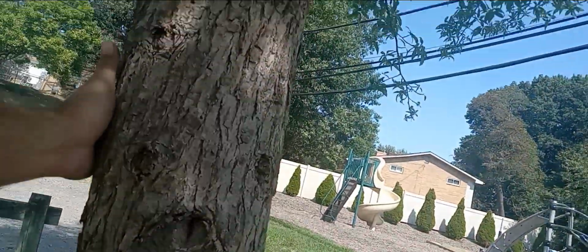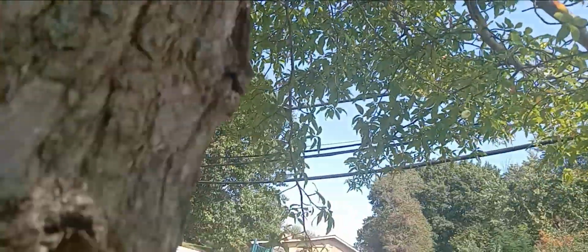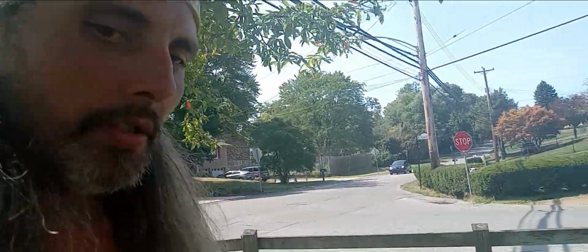Like one of the only trees. This is a brand new tree. Yeah, there's some here. There's some here. And it's almost the same exact color that you see on these wires. But anyways, I did some searches today on